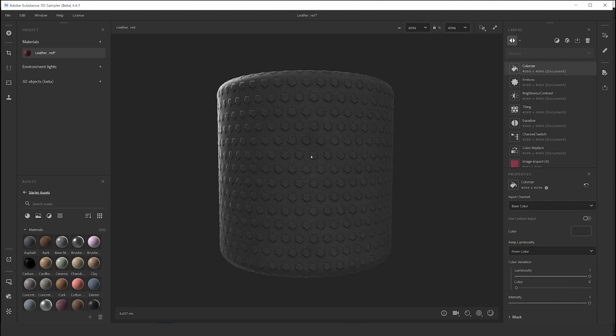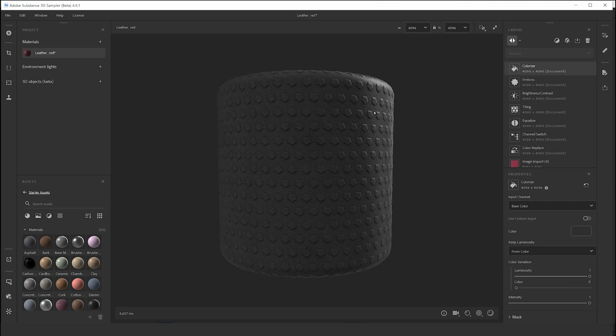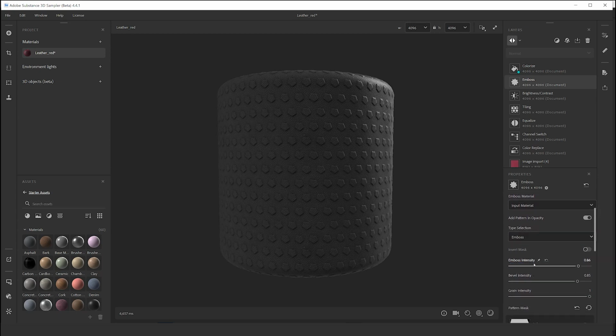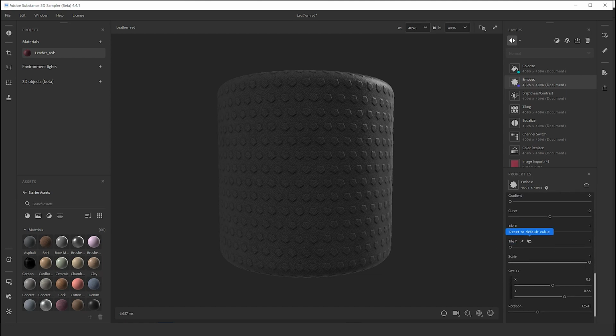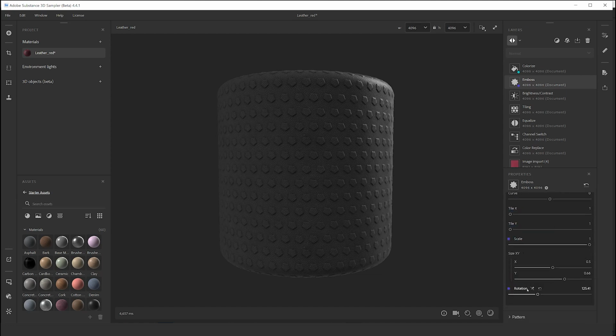Now that my material here is looking really nice and the details for the grips are in place, I'm going to go ahead and get ready to export this material out. A couple of things I want to add or adjust though are the ability to expose my parameters, which will let me change properties about this material in any 3D program that I choose. So here I want to click on expose the parameter for the color option, along with exposing the embossment intensity and the bevel intensity of the actual embossment itself, and a few other areas on the embossment details to actually go ahead and give me the controls that I need later down the line to make further tweaks and adjustments